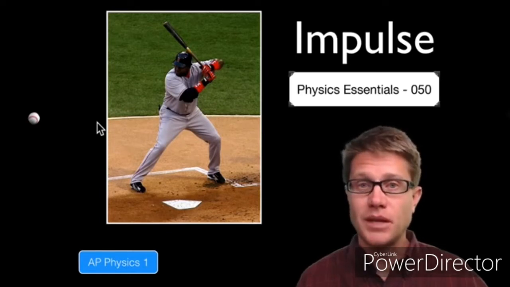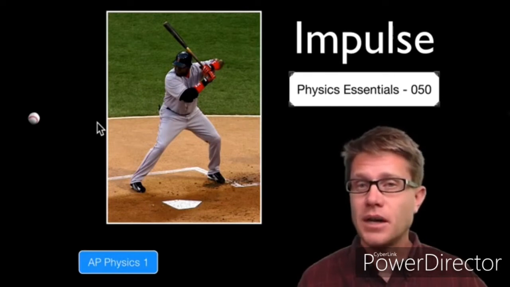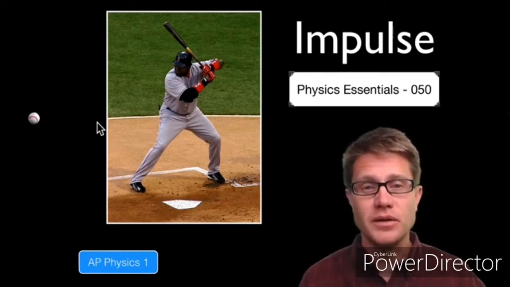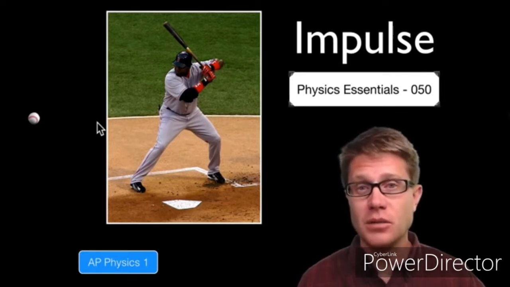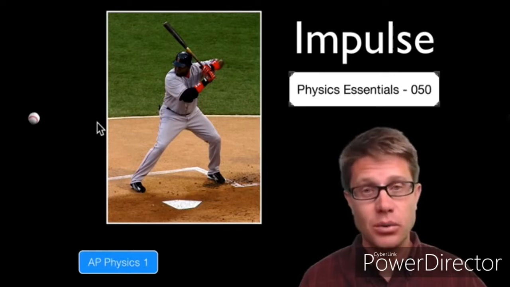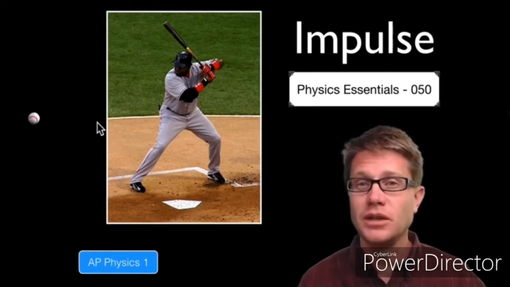Well, what's going to happen to the momentum? It's going to change dramatically. It's going to go in the opposite direction. What's causing that, however, is the impulse. The bat is applying a force over a given period of time. And what's interesting is that the change in the momentum and the impulse are equivalent. What does that mean? They're always going to give you the same value,